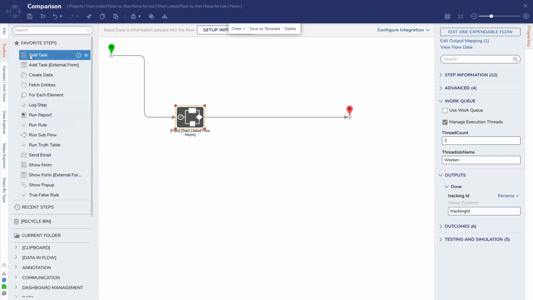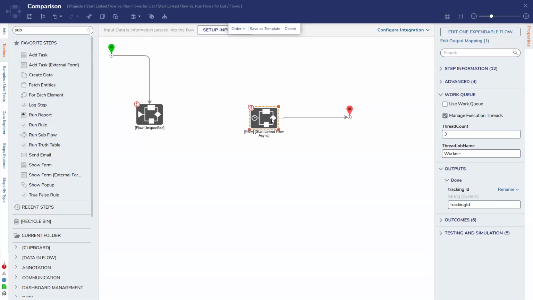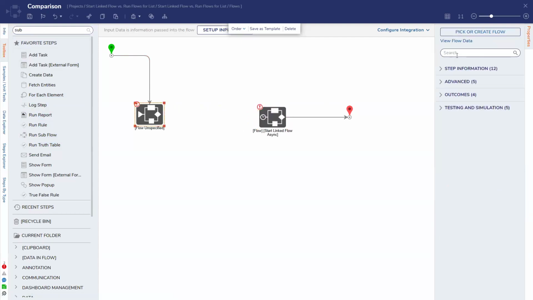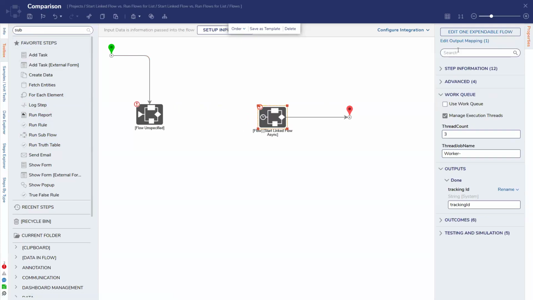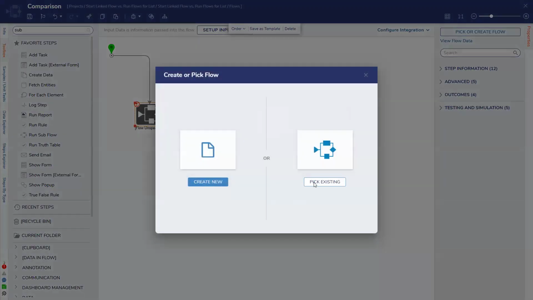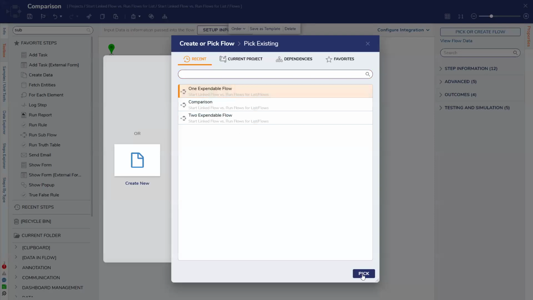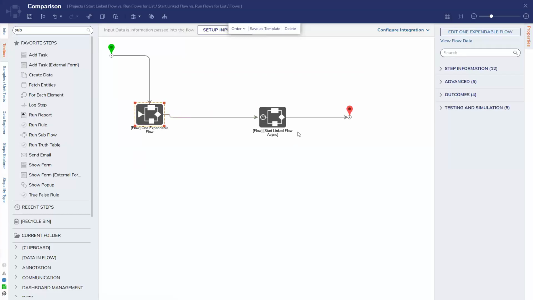So if I were to add, for example, just a subflow right here, it should be in my favorites somewhere. Ah, here we go, run subflow. All right, let's show you a little bit of the difference visually from the flow designer perspective, and then we'll branch out from there. The flow I'm running in here is the one expendable flow. I'm going to pick that one expendable flow again. I want to run both flows from here. And if I were to click debug,